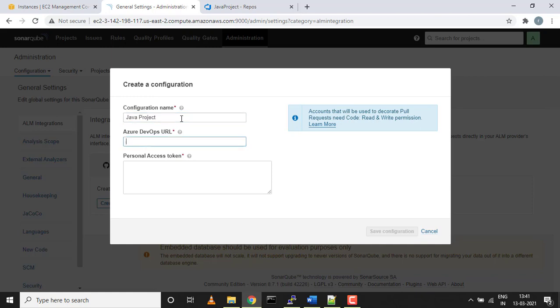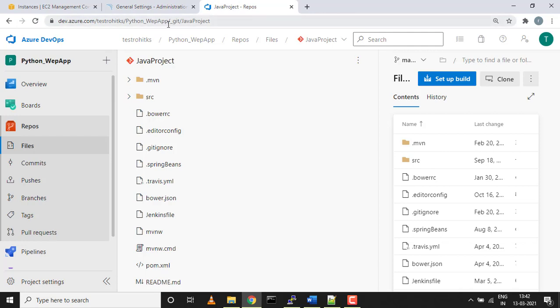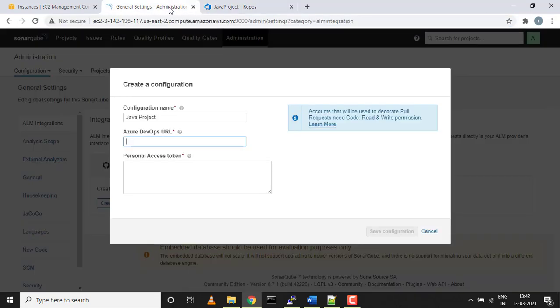For the Azure URL, this is the URL which my page is showing, up to here. You don't have to give the project name. Next, the personal access token. SonarQube will use this token for authentication.